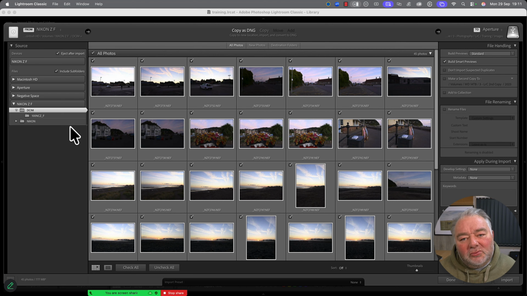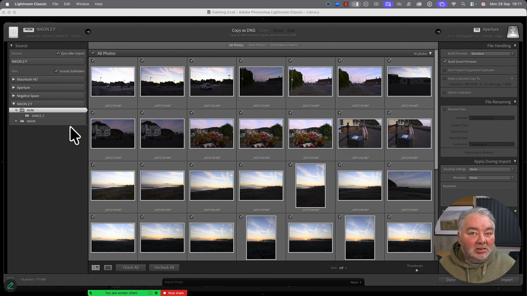Now, where do subfolders come from? Well, that comes from your chip and how you've set your camera up. So most cameras out of the factory will just chuck all the media, whatever it is, into one folder. However, you might do astrophotography, you might do time-lapse photography, you might shoot RAW and JPEG. And in most cameras, you can say this type of photograph, so it's a time-lapse, put it in a folder